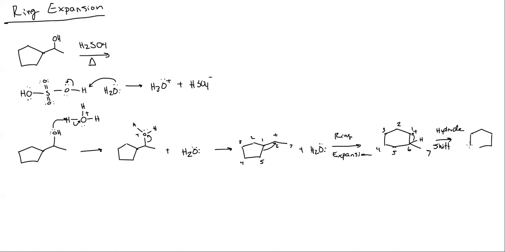Okay, so now we do our hydride shift, and you know what? I'm gonna go down because we're gonna have to work off of this one. I don't want to be too crowded. So our arrow there, and then we get our hydride shift. So that means that we're going to get a positive charge where that methyl is, right? So we get a positive charge here. And then we can take a hydrogen from here if we like, or from the bottom, right? It doesn't matter where we take the hydrogen from, but I'm going to take a hydrogen from here